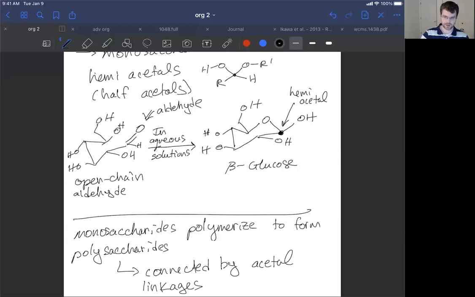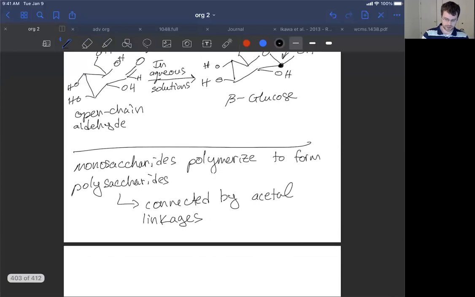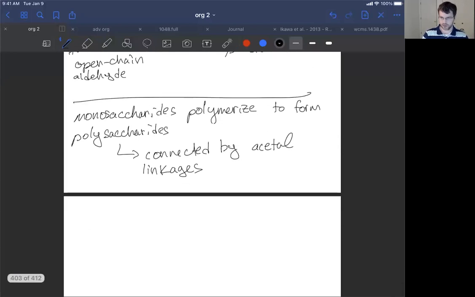Okay, so let's look at that. If we take our beta glucose and we react it with